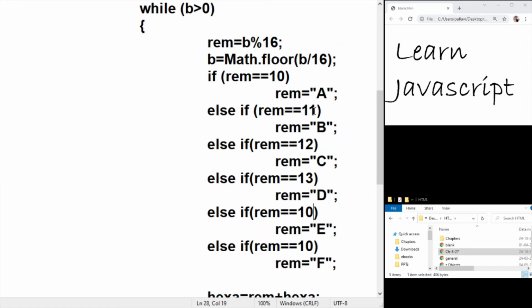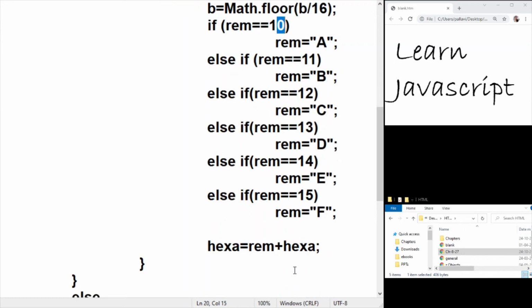So if the remainder is 14, let it give E, and if it is 15, let it be F, right? So instead of appending 10 to the hexa string, we are going to add in the character A. So let us see if this works.